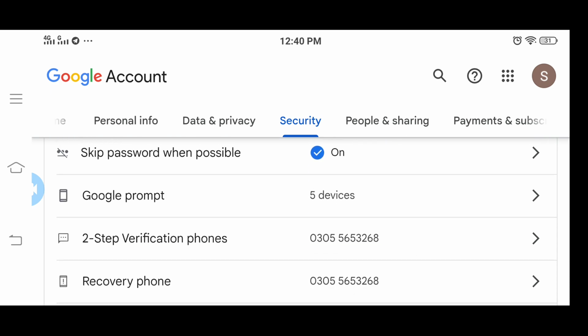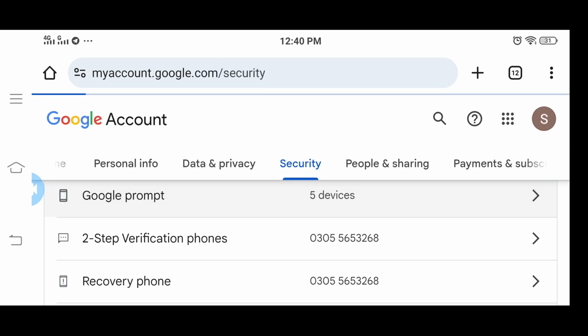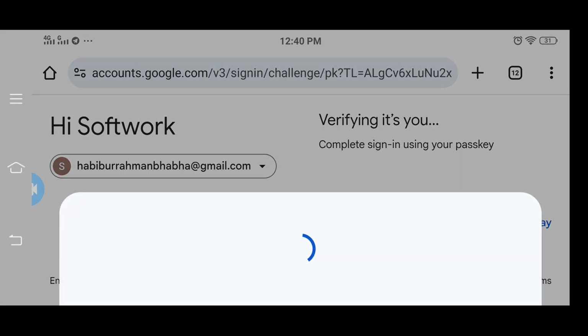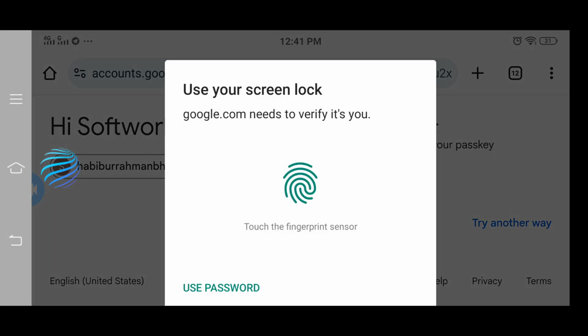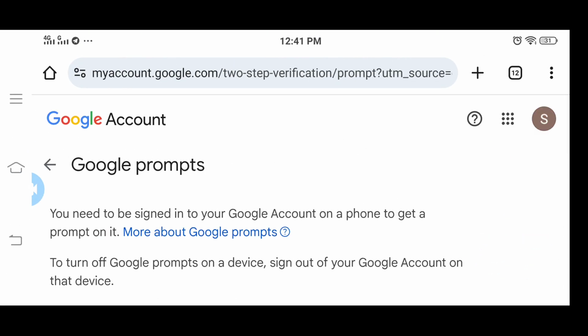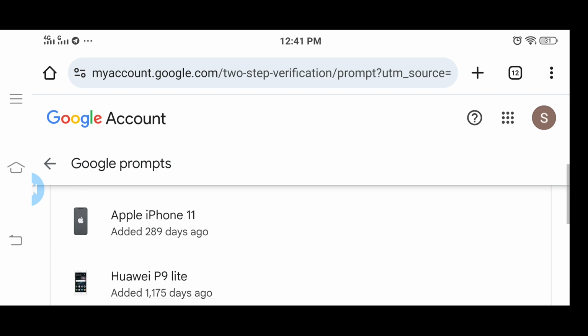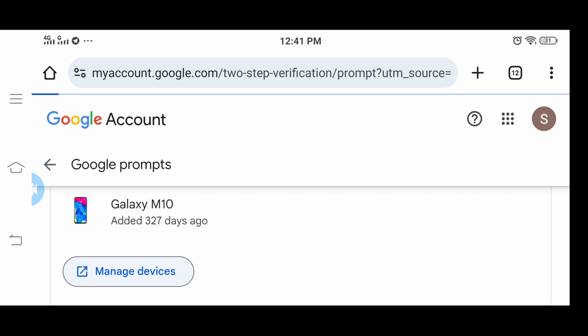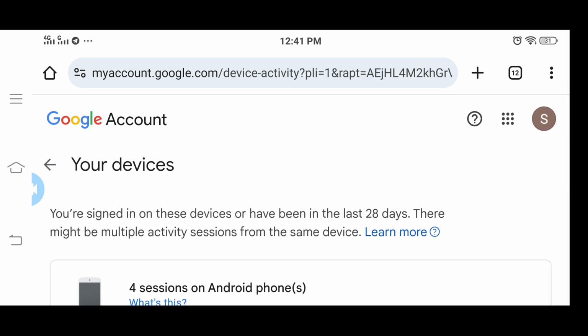Now here you can see currently 5 devices are connected with this Google account. So let me go and click here. So now here you can see these are all the devices. Now you can click on manage devices,